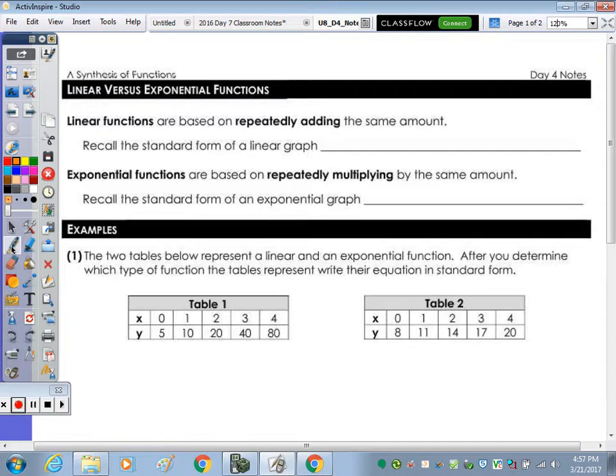Okay, in today's notes we're going to compare linear and exponential functions. So at the top of the page it says linear functions are based on repeatedly adding the same amount. Recall the standard form of a linear equation is y equals mx plus b, where m is your slope,